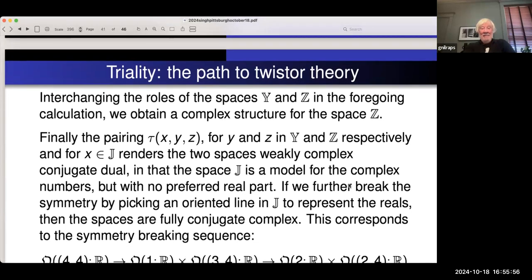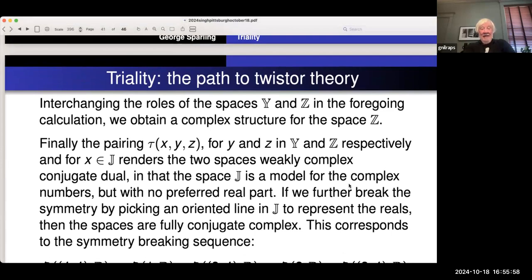But it turns out it's not really the complex numbers. It's the complex numbers, but with no preferred real part. So unless you break the symmetry in the J space, there's simply no preferred real part. So what that means is you end up with a twistor space, let's say Y, and a dual twistor space Z,